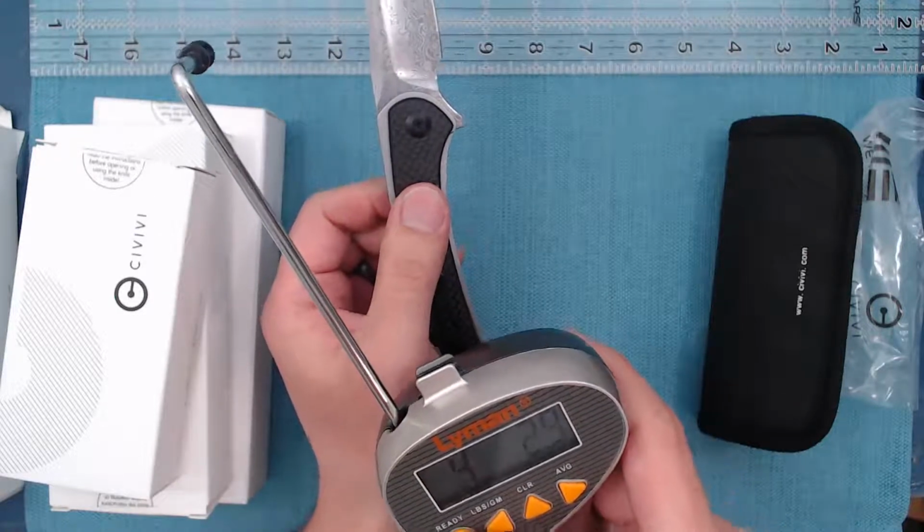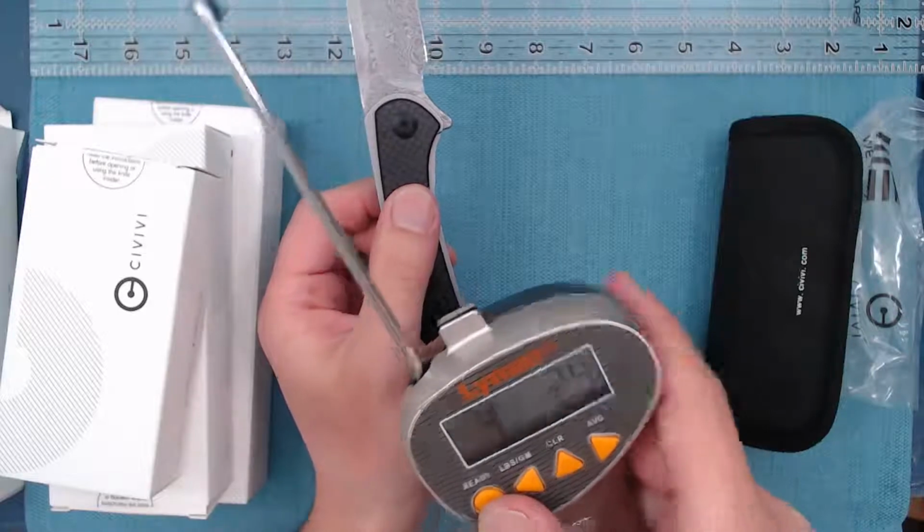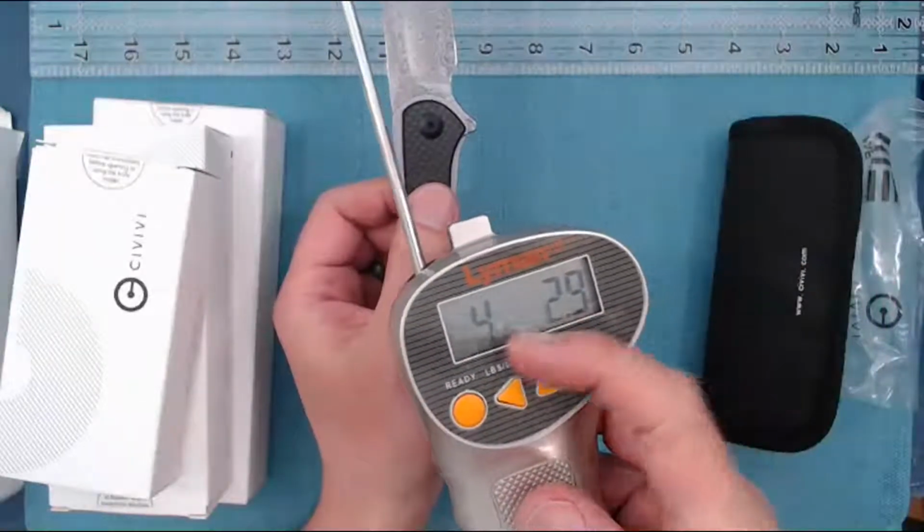4 pounds, 3.2 ounces. It's a little on the high side. You're dyslexic, but